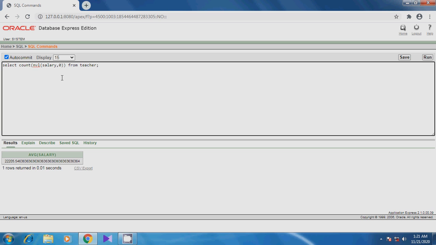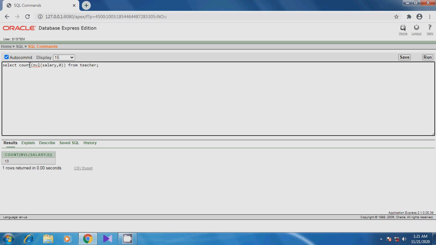But using this NVL function, what it does is that it increases the number of teachers. That means the teachers with null salary values are also included in the average calculation. So here, just see that this is the value, 22205 point. So now when you use this NVL function, then